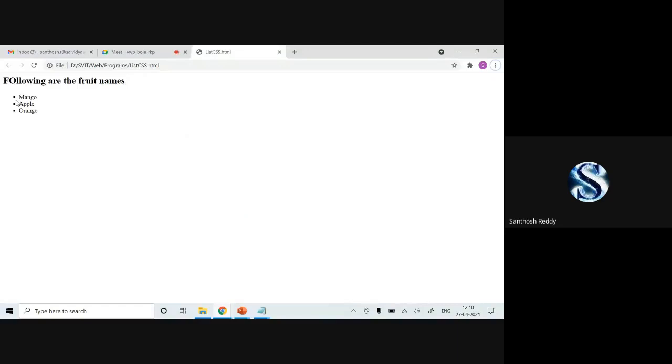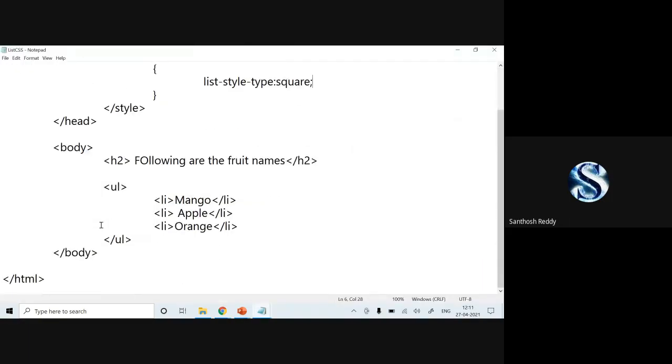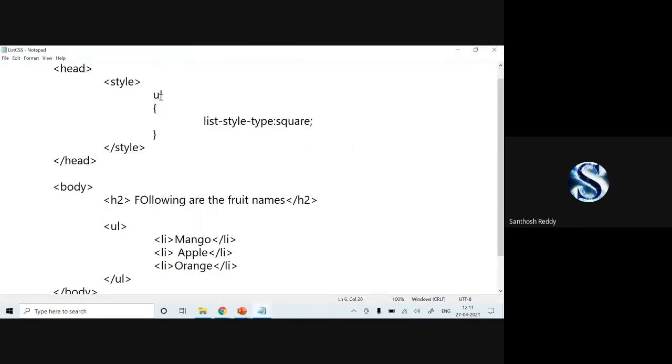Here you can check it out. My squares have been applied. The same way, if you want to apply it to an ordered list, if you have OL here, you just need to change it here. Is it clear for everyone?